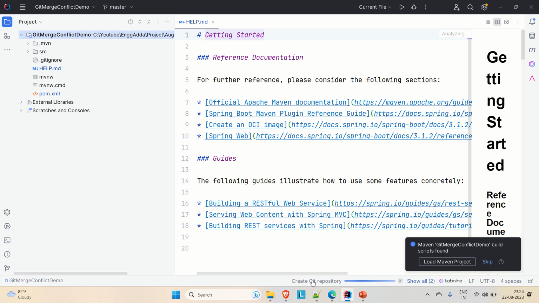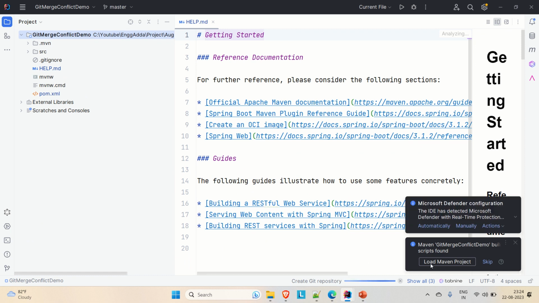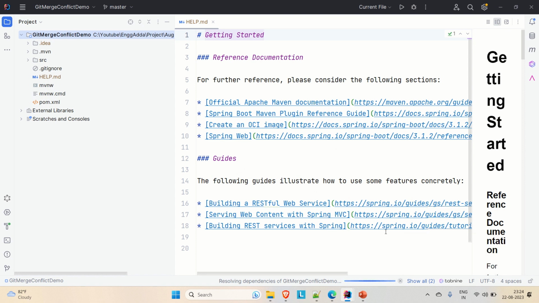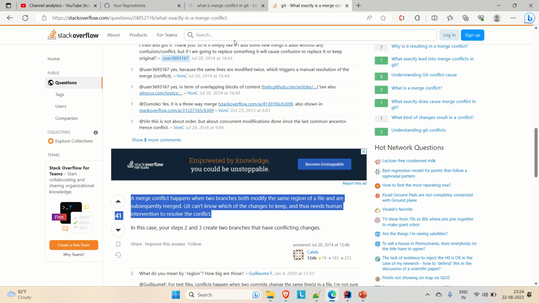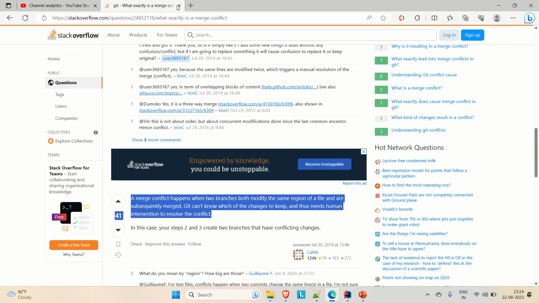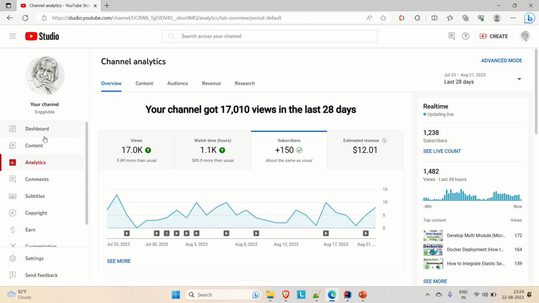It started loading the Maven project. Here you can see it has started resolving the dependencies and all, so just wait for a few seconds. Okay, now let me go to the browser and show you which git profile I'm going to use. If you go to my channel,